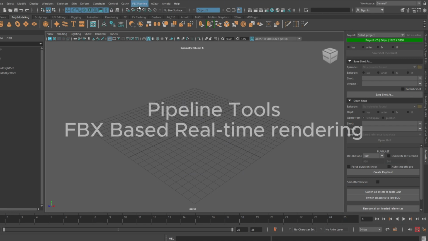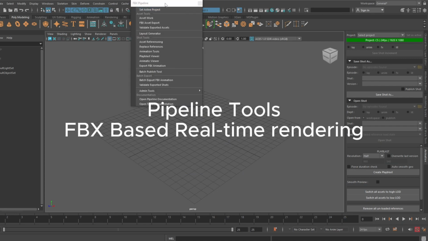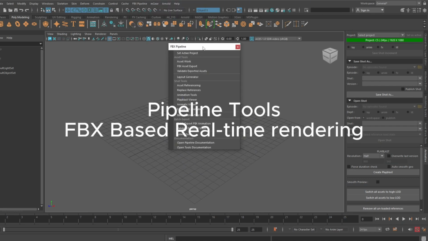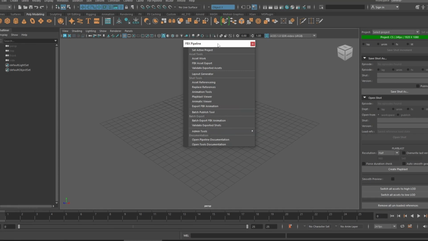Hey everyone, in this video we are going to have a look at these pipeline tools that we have developed for FBX based real-time rendering system. In this video I'm going to show you all the tools that we have. We are not going to focus too much on how they work individually because then it will be a very long video, but we will just have a look at all the tools that we have and how they are